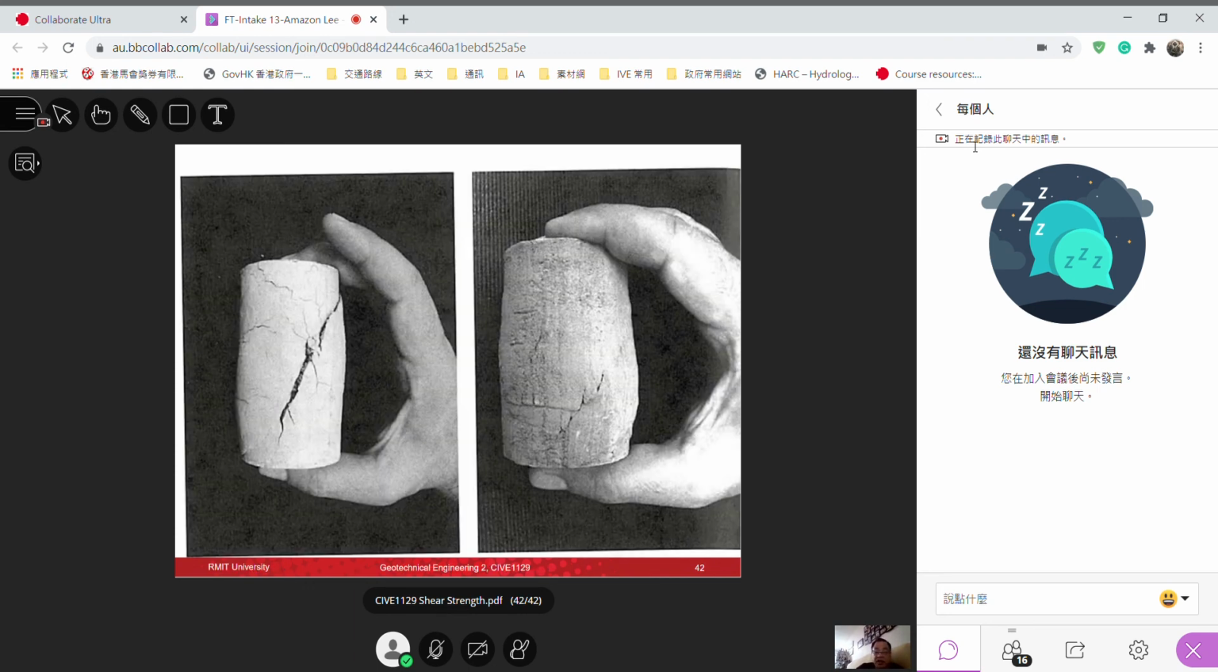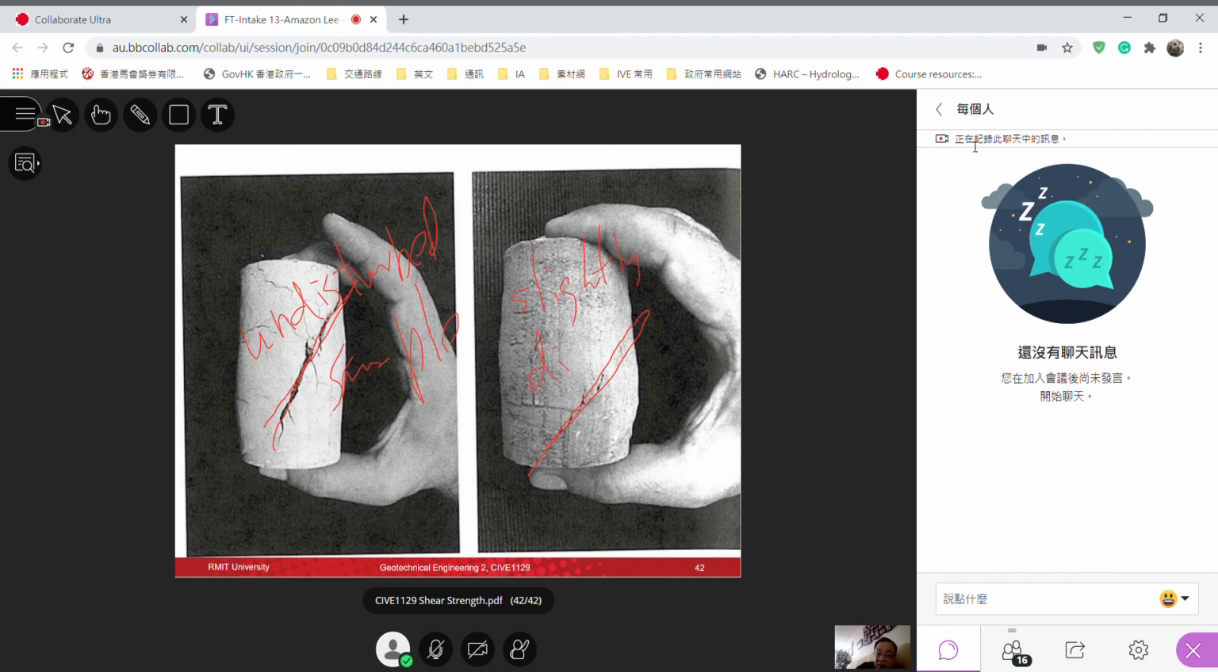so here I show you a sample. This is after the testing. This is the failure plane you see after the triaxial test. This is a similar test, this is on the undisturbed sample. So you clearly see the failure plane very clearly. Okay, but this is a slightly